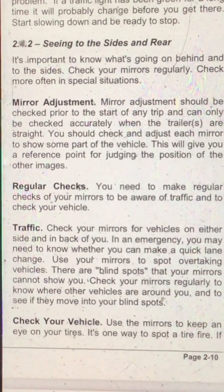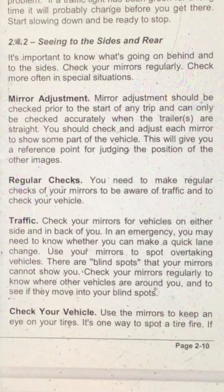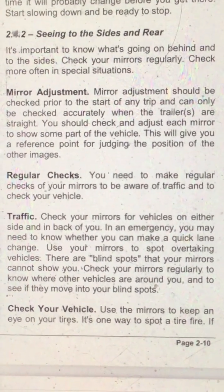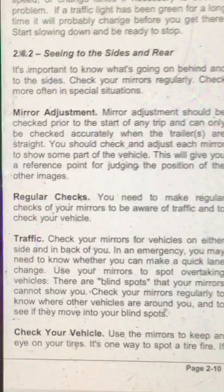Check your mirrors regularly to know where other vehicles are around you and to see if they move into your blind spots. Check your vehicle. Use the mirrors to keep an eye on your tires. It's one way to spot a tire fire if...